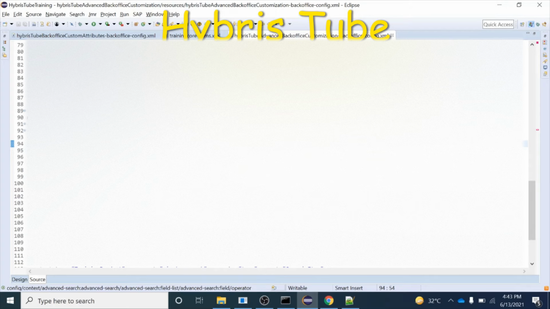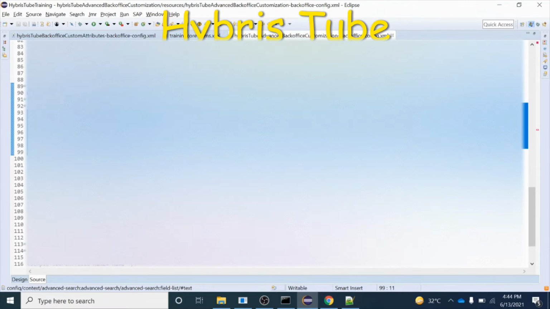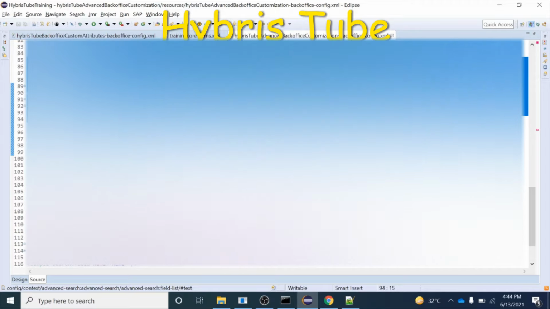You can see with the name I have used the operator contains. So once we bring this functionality up, I will show you that with the name attribute, the operator will be contains. For others, the operator will be equals, right? I think it is clear to you. This is the customization of advanced search.